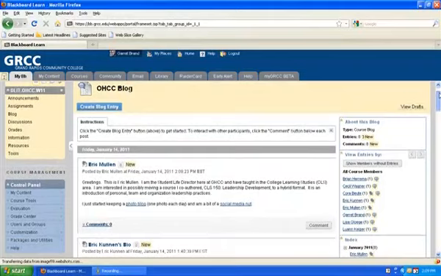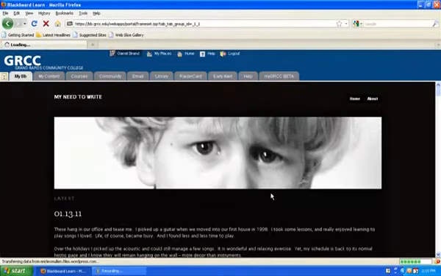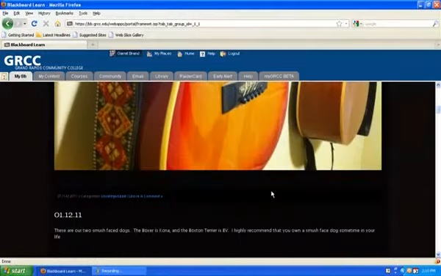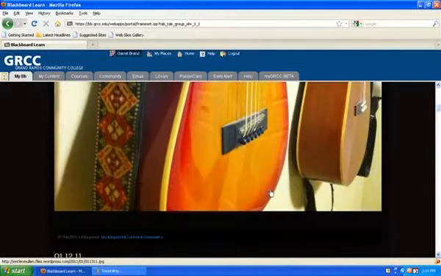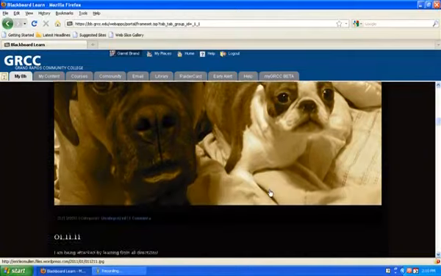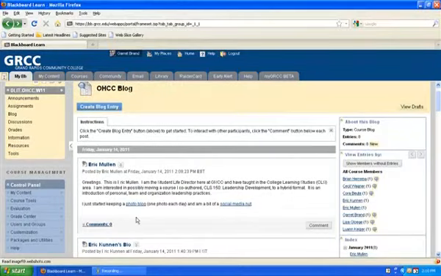Eric Mullen. He says he's got a little photo blog here, so we'll go there. There he is. Aww. Cool pictures. I like the way you have your guitars organized. Dogs. So see how much I'm learning about Eric already? Awesome. Is one of those posts about this certification? It will be. It's always revealing when you go out and read somebody's blog and it's like, I'm taking this horrible course right now. All of a sudden these Facebook posts start coming out. Boy, my